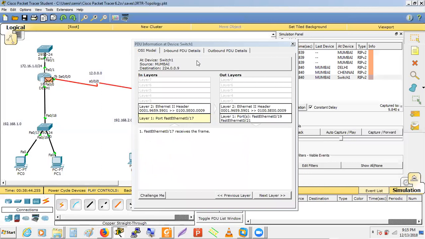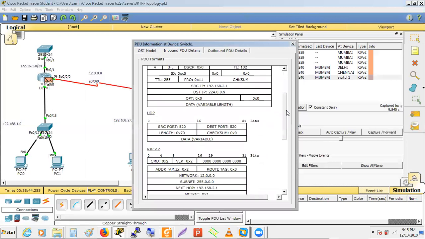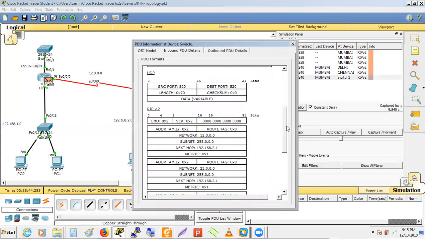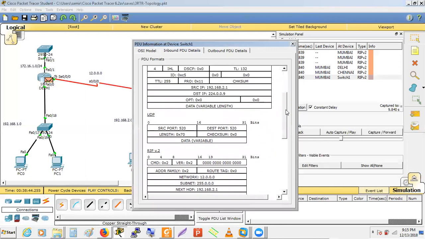And I can check on the IP level what the details are, on the UDP level what the details are, on layer 7 what the details are. All these details will get exposed, like the port number we are using, what destination IP address we are using here. So you can see here this is